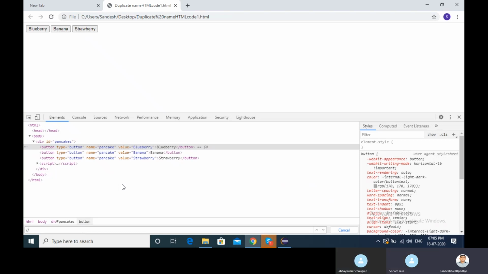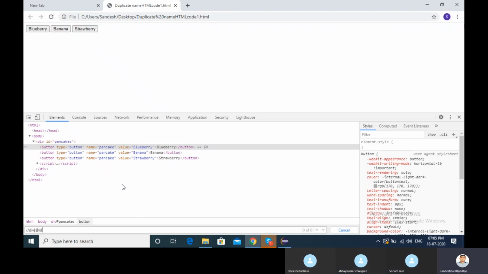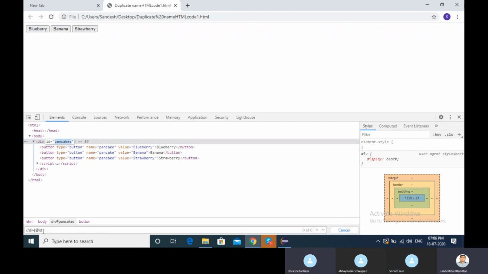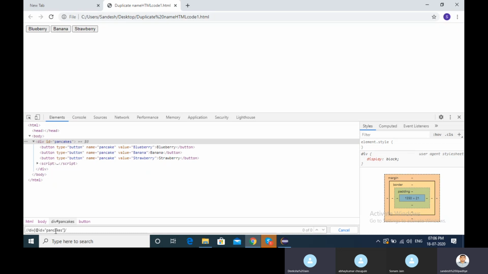For that, I explain to you that if I find using the XPath, it looks like this: double quote, double slash, div, bracket, at the rate ID. I have the ID pancake. Let me copy, at the rate is equal to pancake, close bracket, and put here what you want, banana, and put here /1.